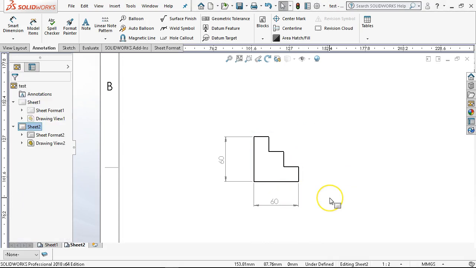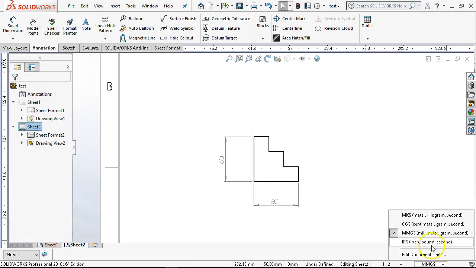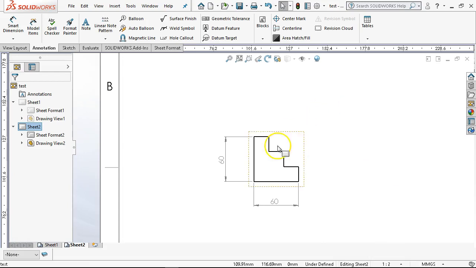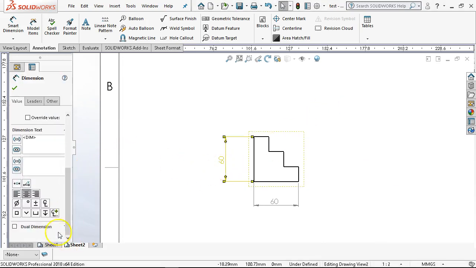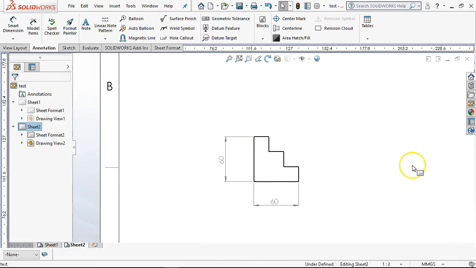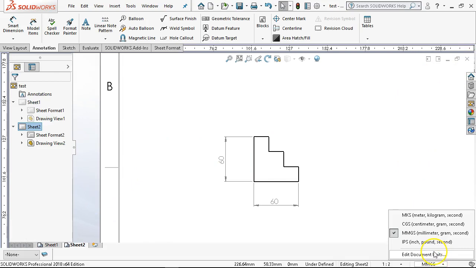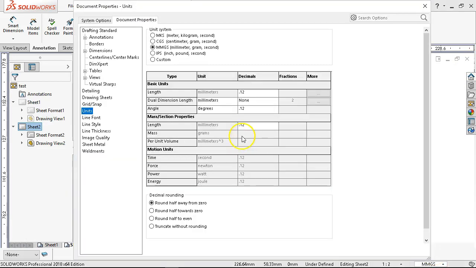All right. So I want it to go over to metric. We're going to come down to the units just like we would in the other part. Switch from inch, pounds, seconds over to millimeters, grams, and seconds. And that puts our drawing into metric. Then individually, if I want one of these to be dual dimension, I can come over, select for it. Or we can go back in, and since millimeters are now my primary units, when I edit the document